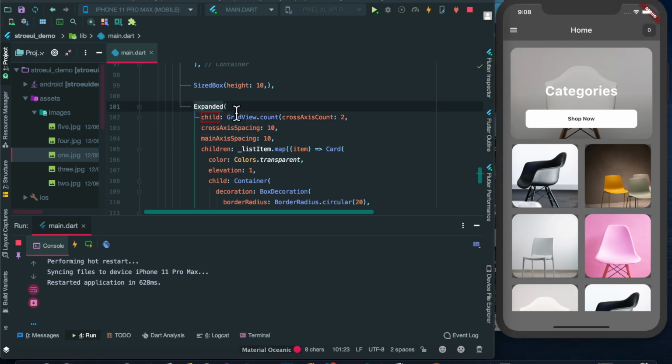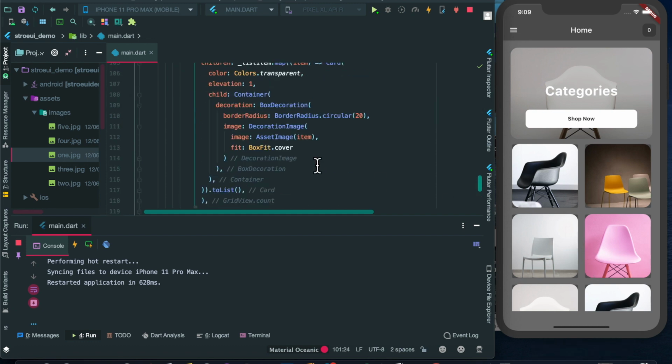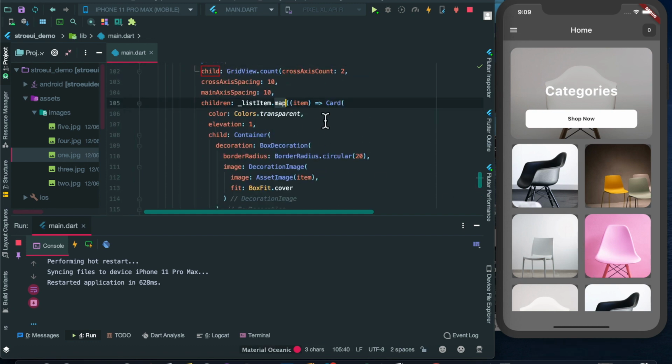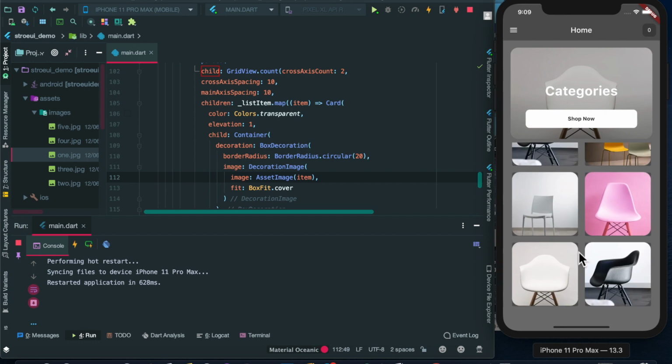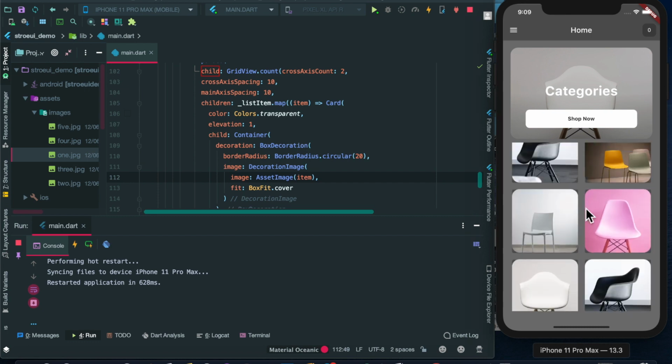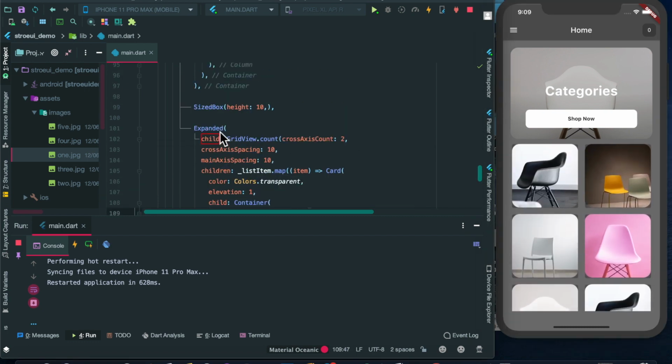What this Expanded widget does is, if there is some rendering issue, because for example this image is half loaded, the Expanded widget will know that we have to implement all of the card images, all of the map items that we have implemented as cards, even if the page has ended, so that we can then scroll those cards here and there, right? So this is the usefulness of the Expanded widget. You can also visit flutter.io to see much more about the Expanded widget and how it works.